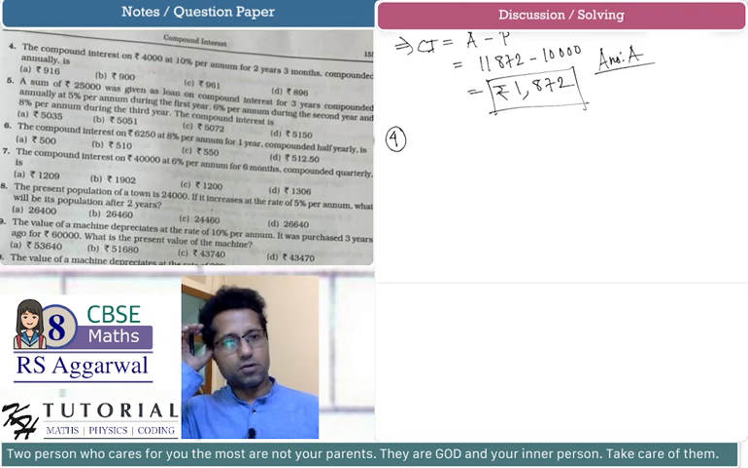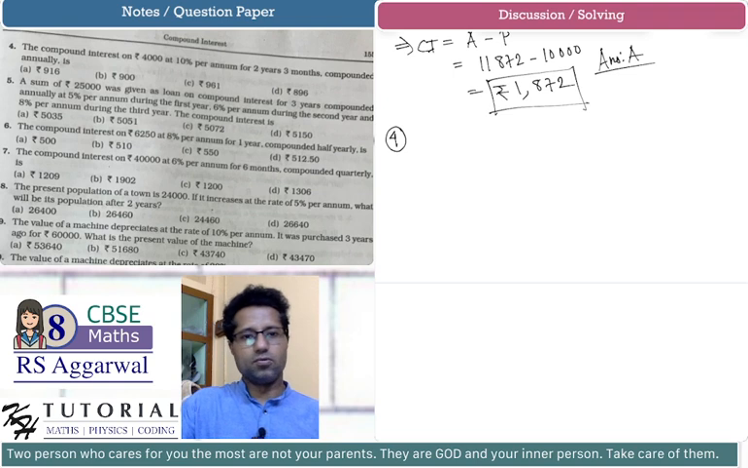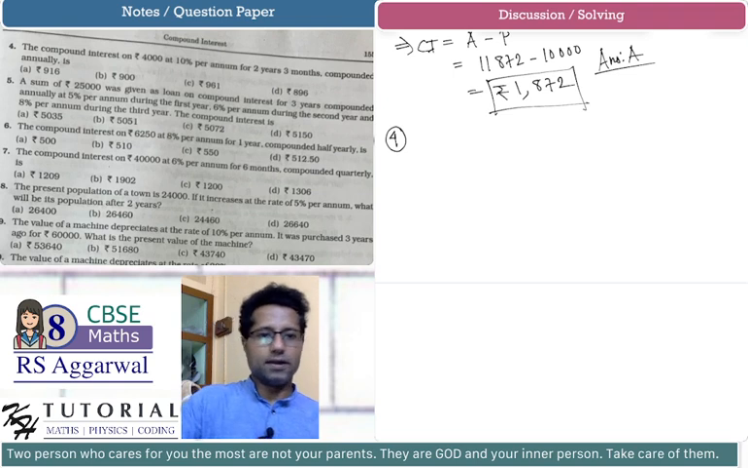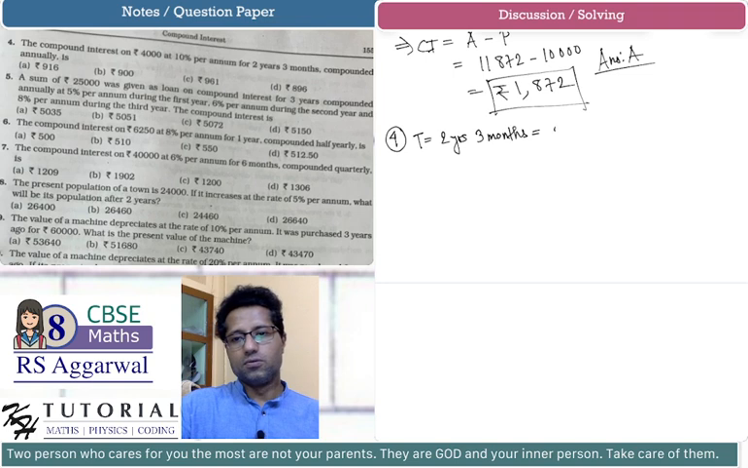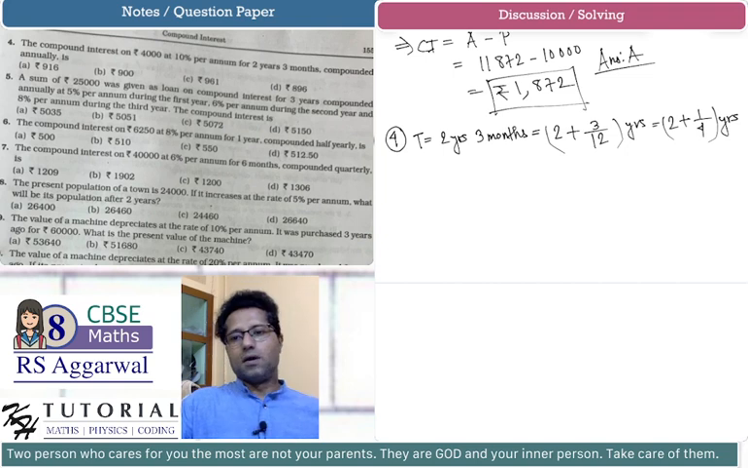The compound interest on rupees 4,000 at 10% per annum for 2 years, 3 months, compounded annually is, okay. So T is equal to 2 years, 3 months. This is equal to 2 plus 3 by 12 years. This is equal to 2 plus 1 by 4 years. Now,